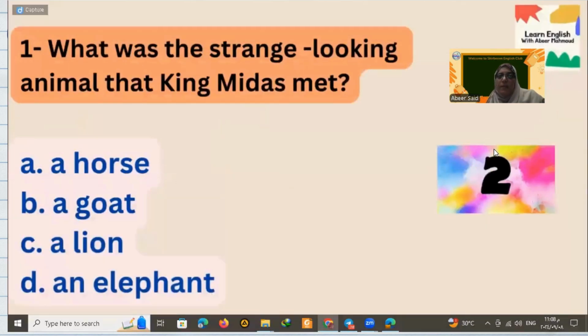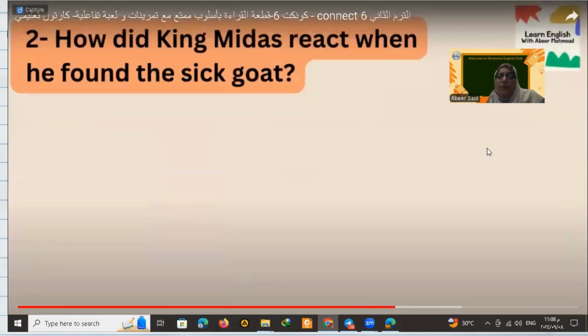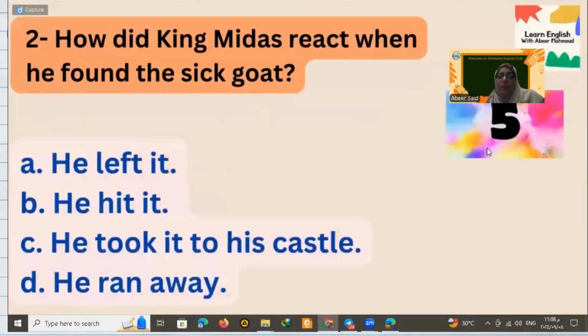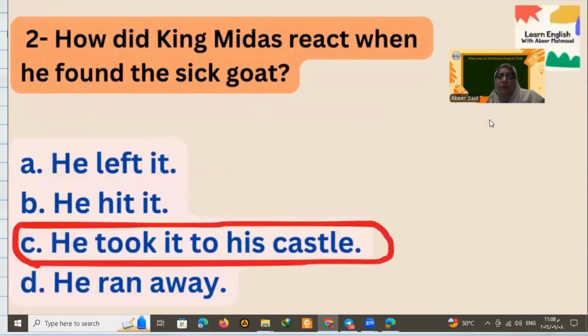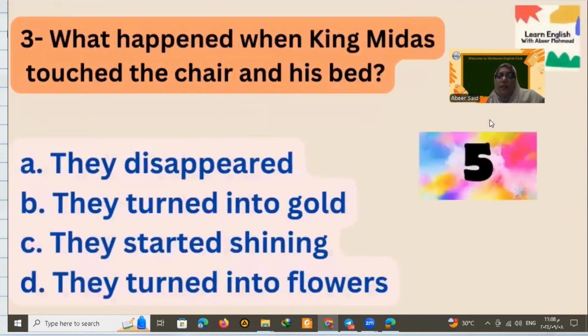The students have to think, and then the answer is shown on the screen after a few seconds, and so on. This will make the reading activity more interactive.